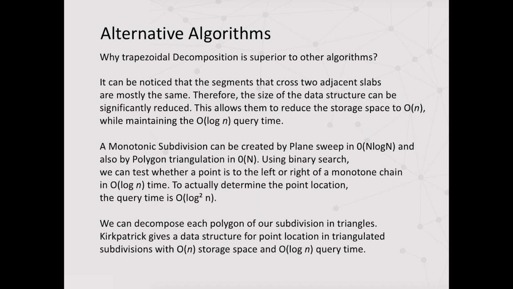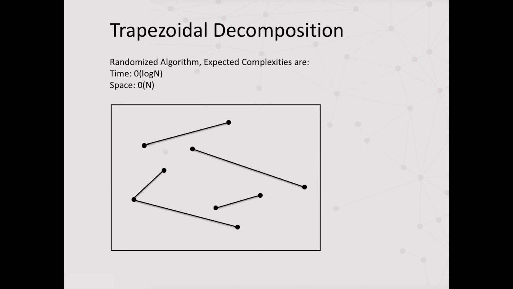So various algorithms have tried to obtain a better solution to this problem. For example, we have monotonic subdivisions, which have approximately order of n space complexity, but the query time has increased to order of log squared n. We have another algorithm which is based on triangulated subdivisions. The algorithm name is Kirkpatrick. You can search for it online. But today's discussion is trapezoidal decomposition, so I'm going to stick with it. The Kirkpatrick algorithm is also similarly good because its query complexity is order of log n and space complexity is order of n, but today we are going to